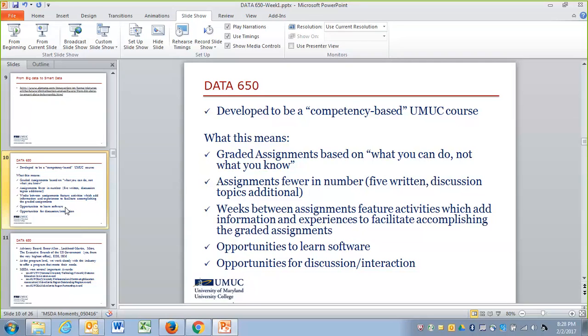We want you to go above and beyond and to demonstrate that you can apply what you have learned using different data analytical tools. You can apply it and show us a project application of what you have learned. So application is a level up from what you have learned, and that is the meaning of competence-based.